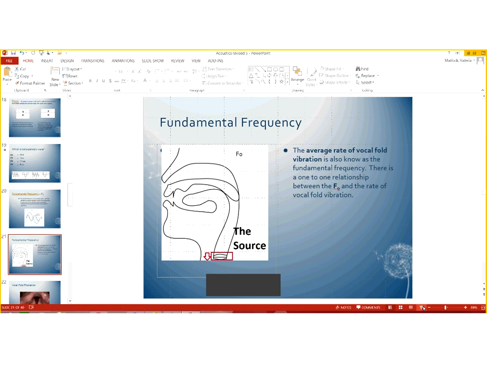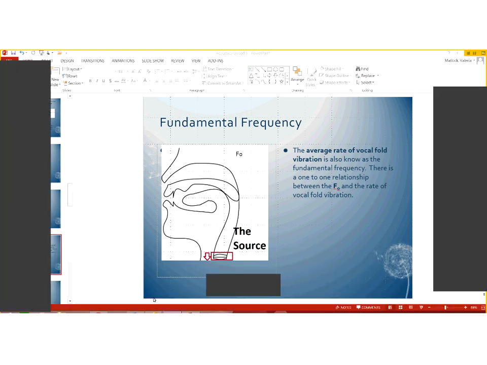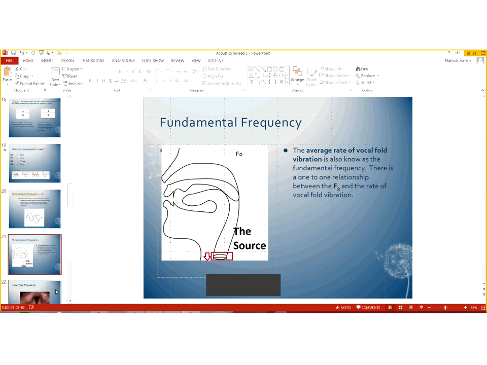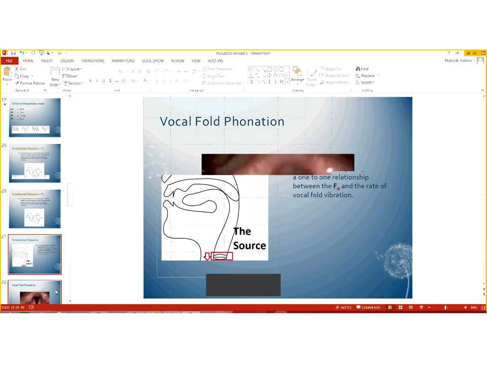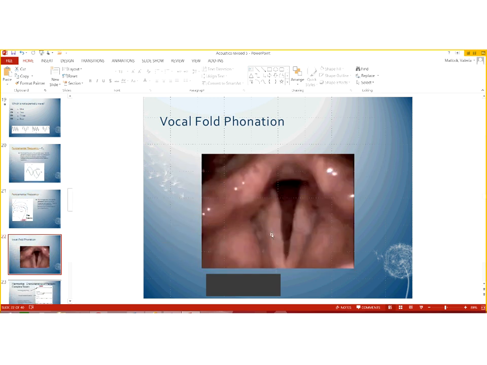There are procedures that can tighten your vocal folds, or actually one of the muscles that tightens or lengthens your vocal folds, so that you will have a higher fundamental frequency without exerting force. And I've been meaning to look up the actual name of that procedure. So when you have a chance,